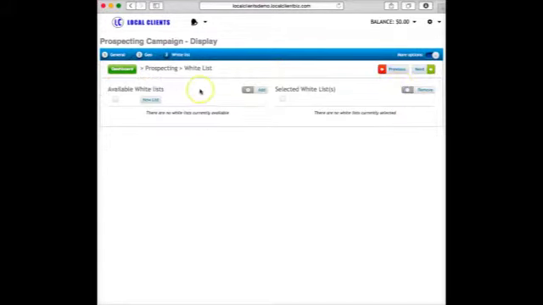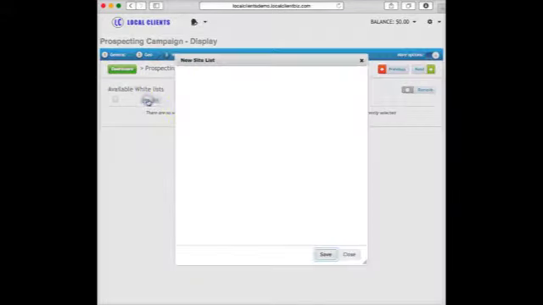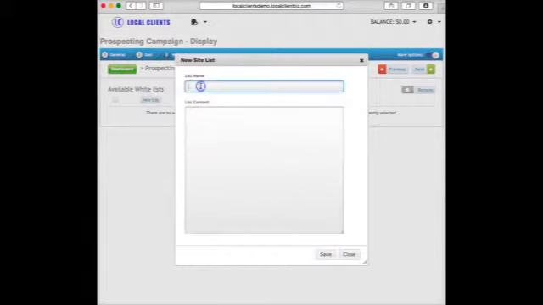Unlike any of the other retargeting services, with the Local Clients platform, you can create your own whitelist, your own list of websites or blogs where your ideal prospects hang out. And I can name each list of specific websites or blogs based on the ad that I'm using to target a specific type of client.